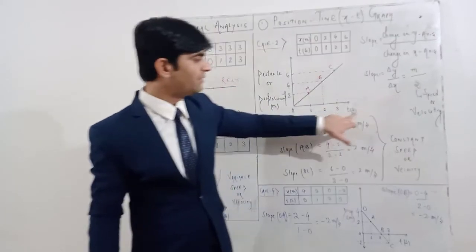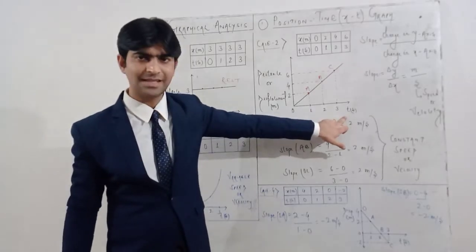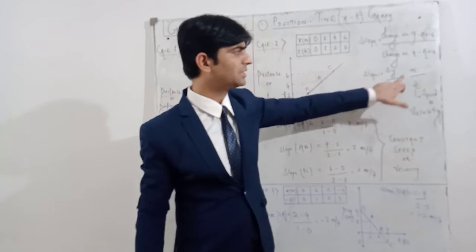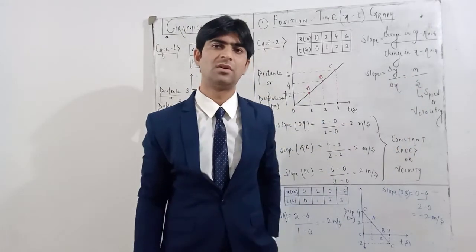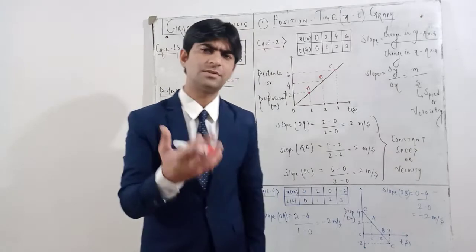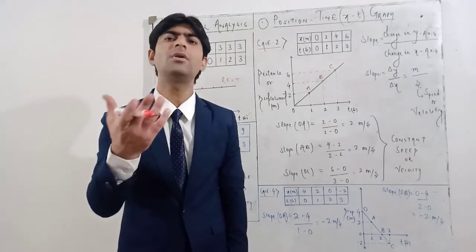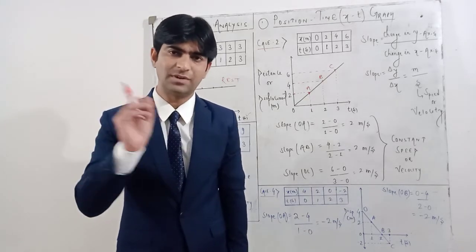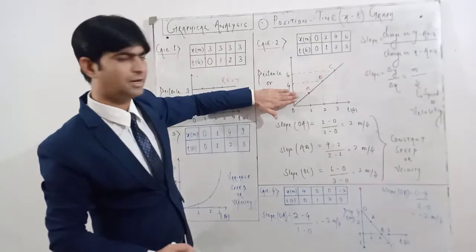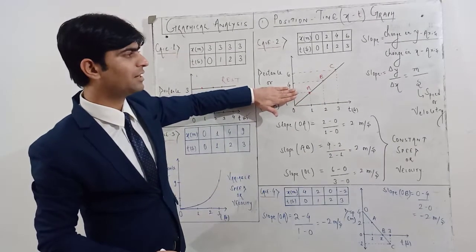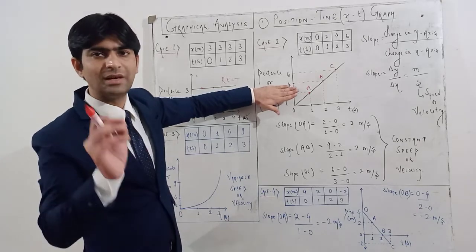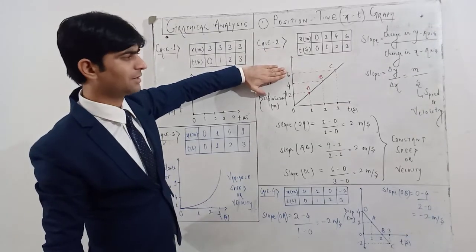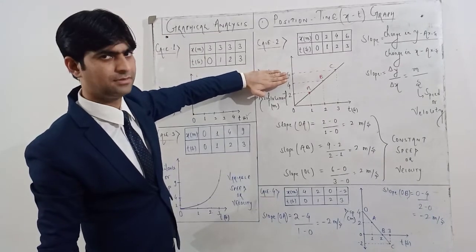On the x-axis, what have we taken? Time. SI unit second. Meter upon second. Del y upon del x का जो SI unit आ रहा है वो क्या आ रहा है? Meter upon second. Which quantity has meter per second as SI unit? Speed or velocity. That means if you calculate the slope of a distance time graph, suppose here displacement is not written, only distance is written, you will get speed. If you calculate the slope of a displacement time graph, you will get velocity.